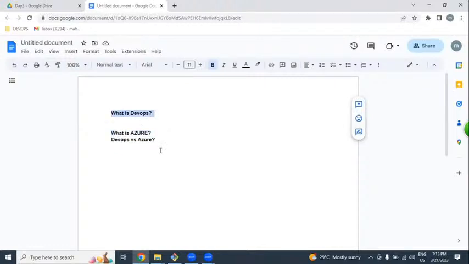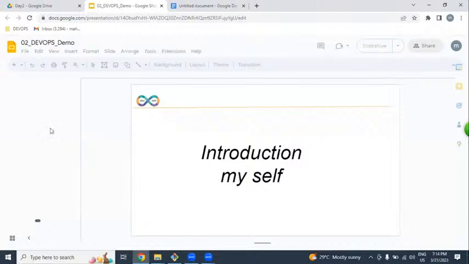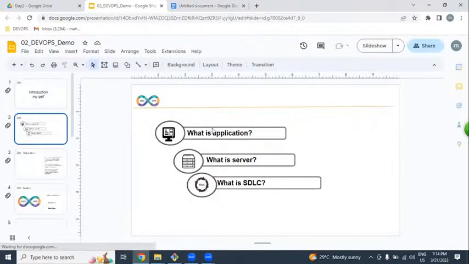So first, let us start with DevOps and end with Azure. Before starting the session, I have three questions you know very well. What is the first question, please?